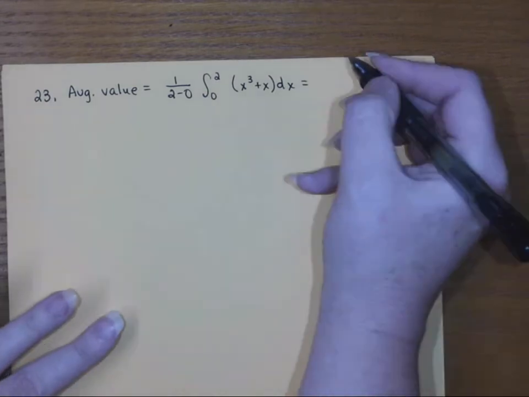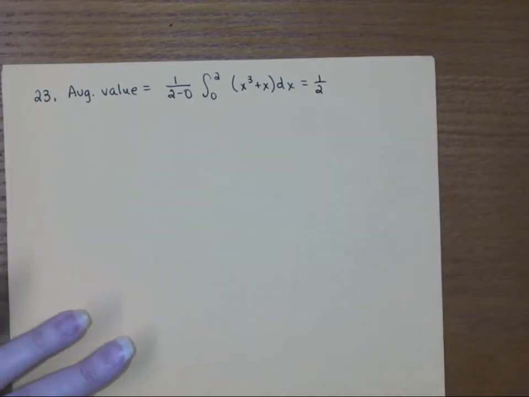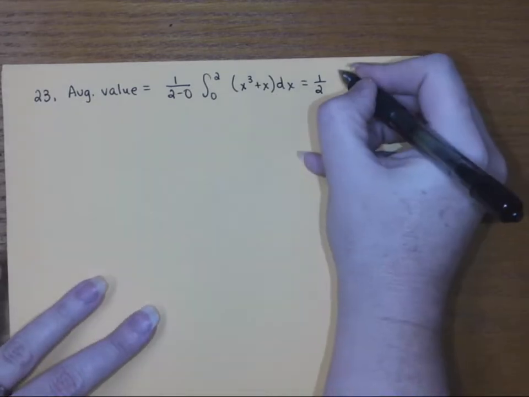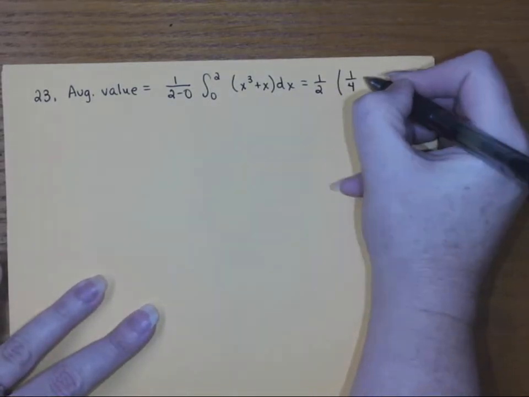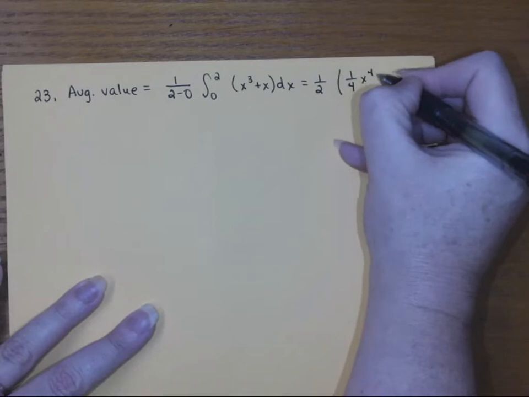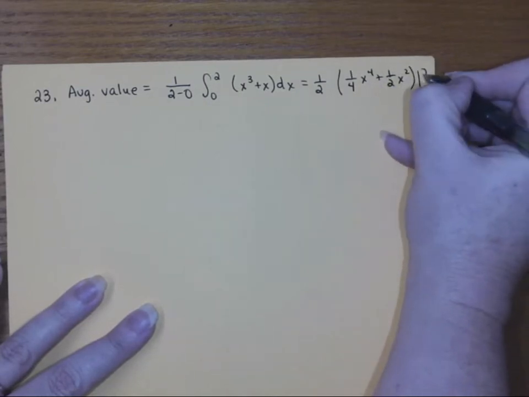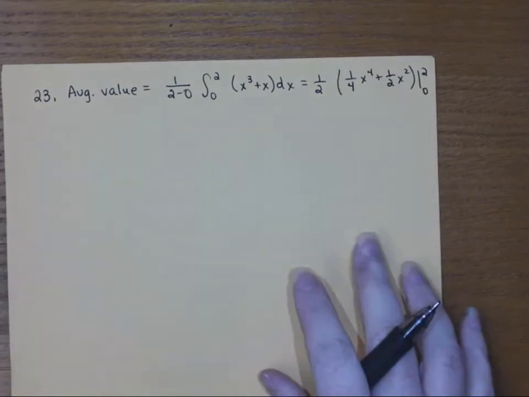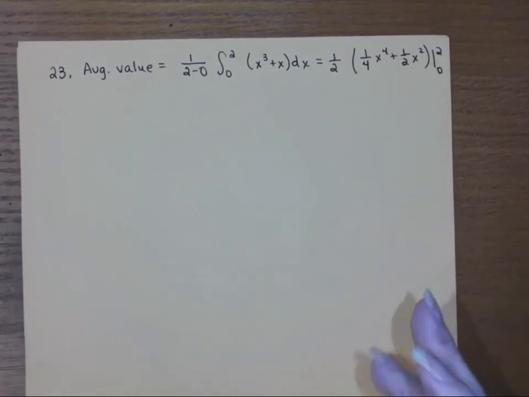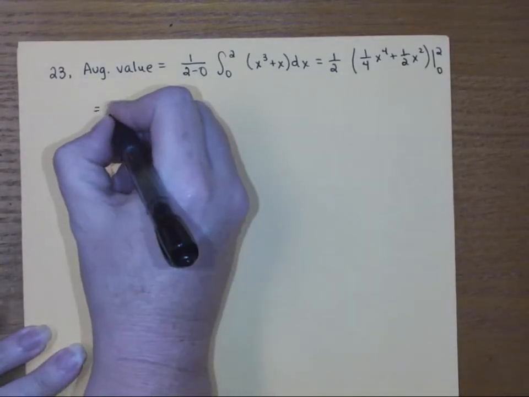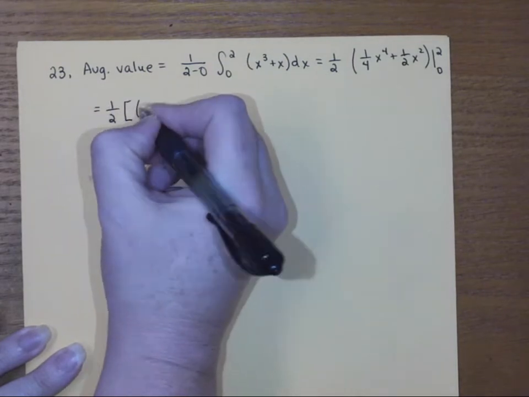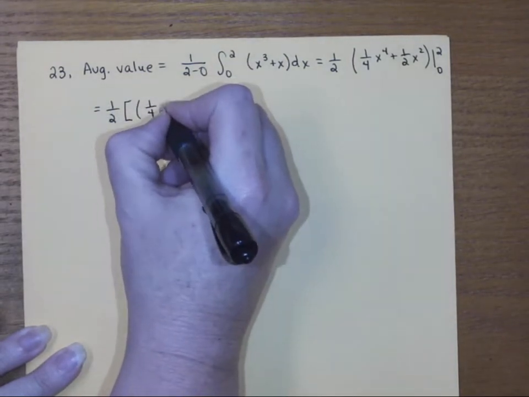Okay, so this is going to be 1/2, and then we're going to do the integral. If we bump the power up by 1, we get 4, so 1/4 x to the 4th plus 1/2 x squared, and then evaluated from 0 to 2. So basically you just have this fraction hanging out to the front, that's going to get multiplied. So you're going to have 1/2 times what you get when you plug in 2